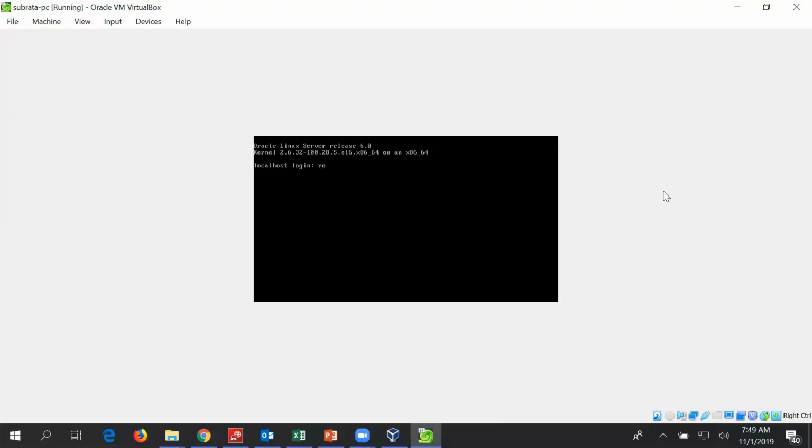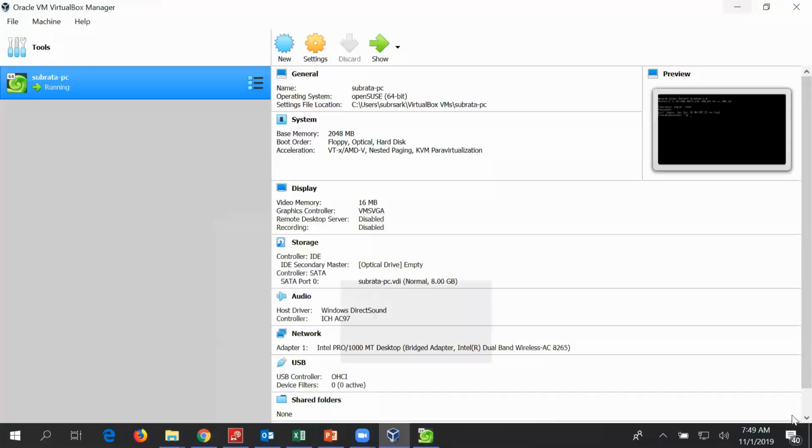Okay, let me log in as root. Okay, I'm logged in. So now I'll open my PuTTY session.